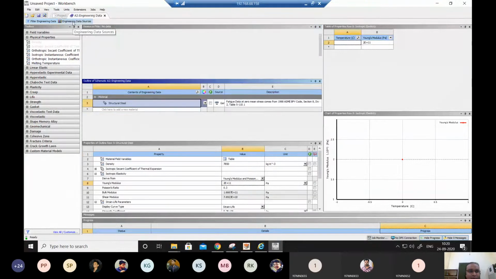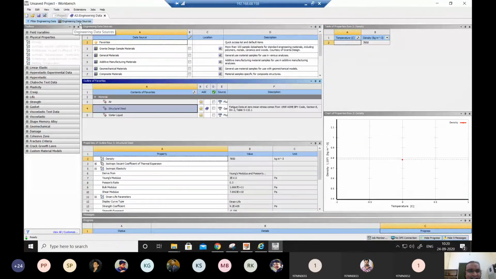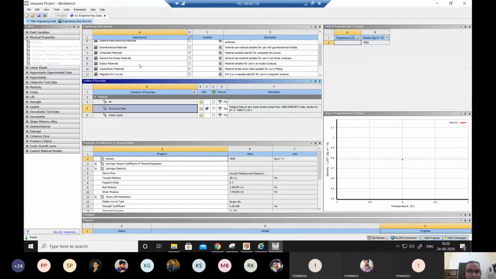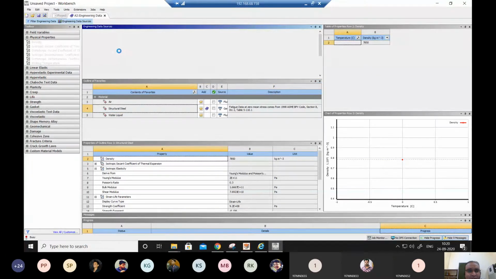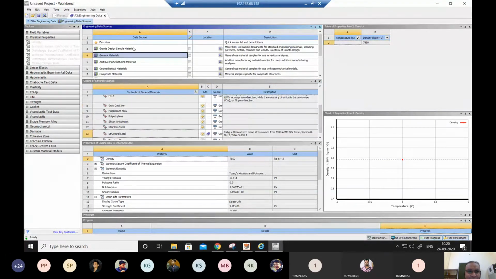So if you go to this engineering data source, you can actually get many more materials, whatever kind of material you want. Suppose general materials. In general materials, you have a list of sample materials. So many categories like composite materials, geomechanical materials, and in that also we can find many more.